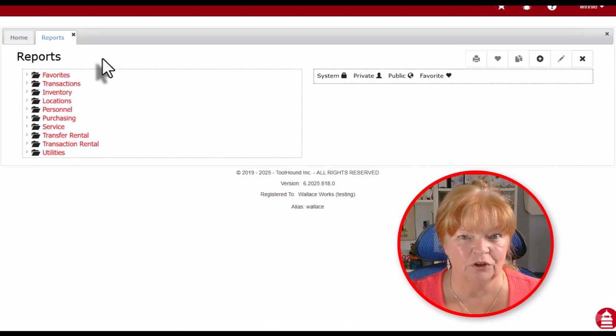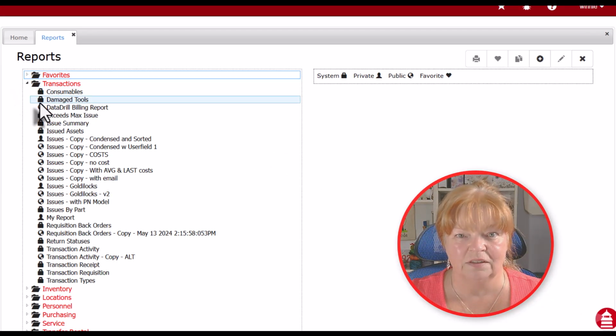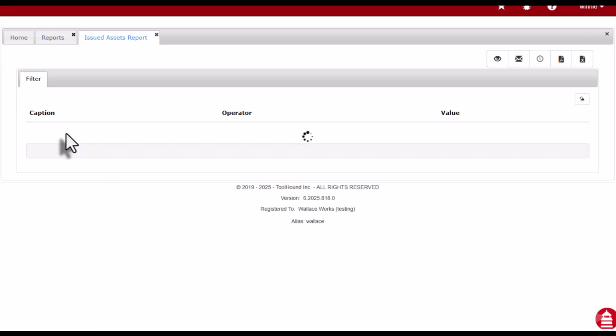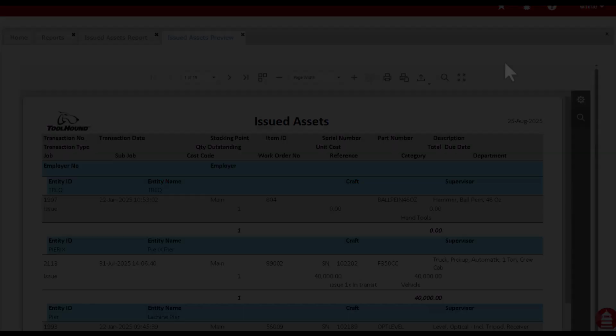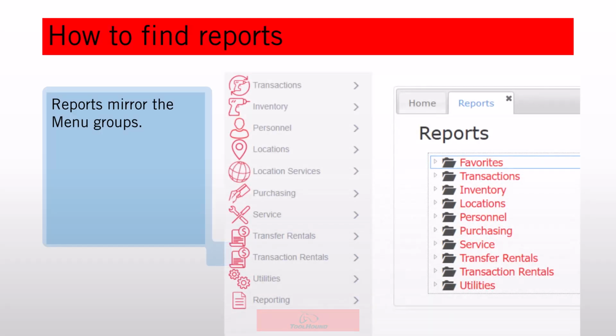Most of the time you want to report on outstanding tools that haven't been returned. To do this, click on Transactions, double-click Issued Assets, then view the report. On with the video. When you're on the Reports page, notice that the groups or sections mirror the menu groups